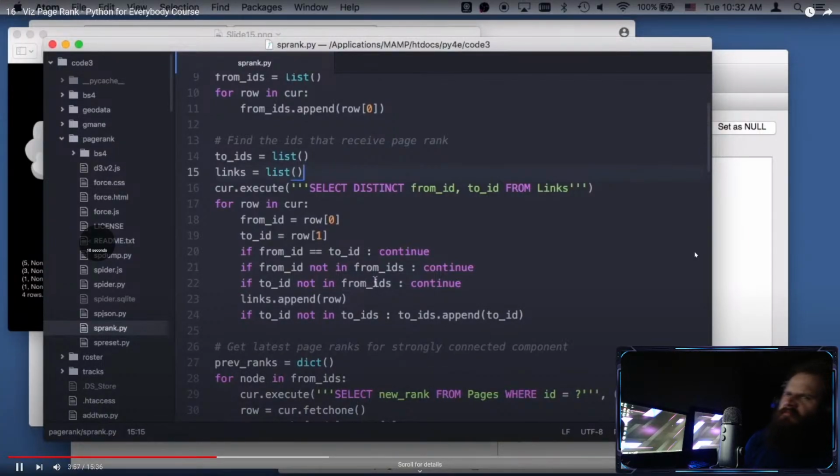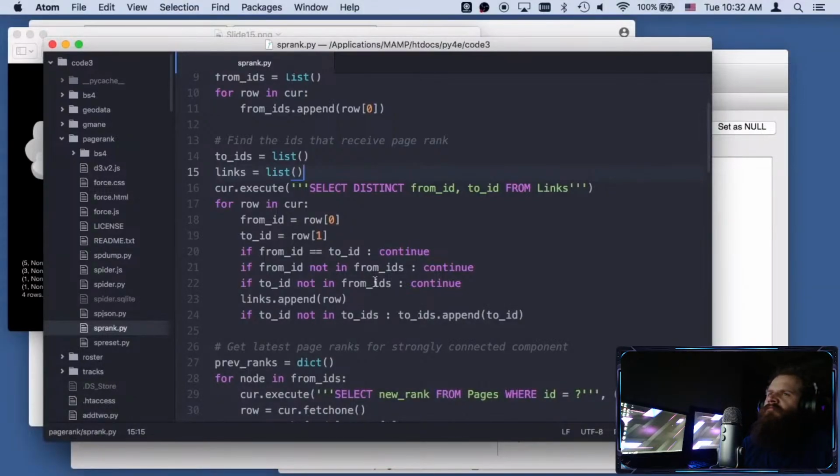So this ID, we don't want links that point off to nowhere or point to pages that we haven't retrieved yet, and that's what this is saying. It's a filter on the from IDs and the to IDs from the links table so that it only keeps the links that point to another page we've already retrieved. And then we're going to keep track of the entire super